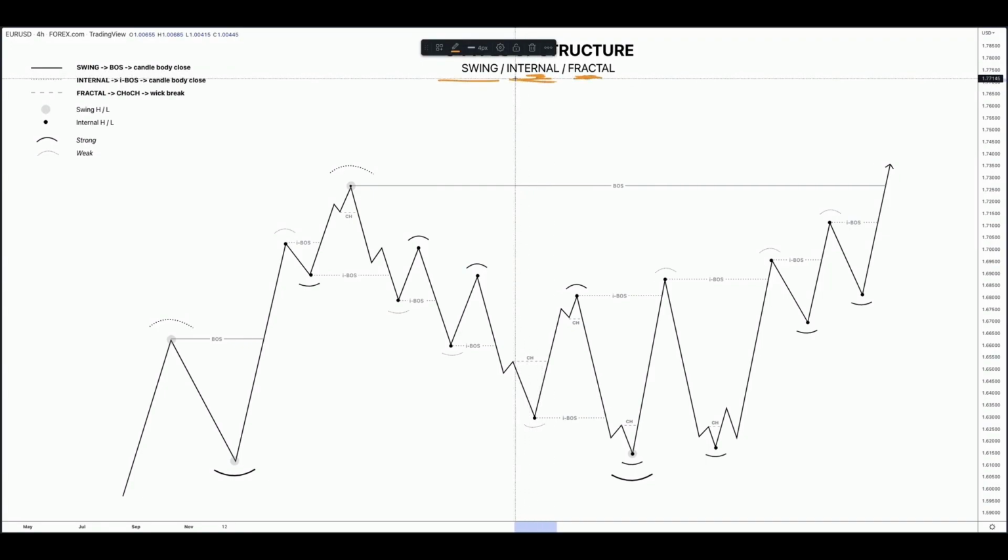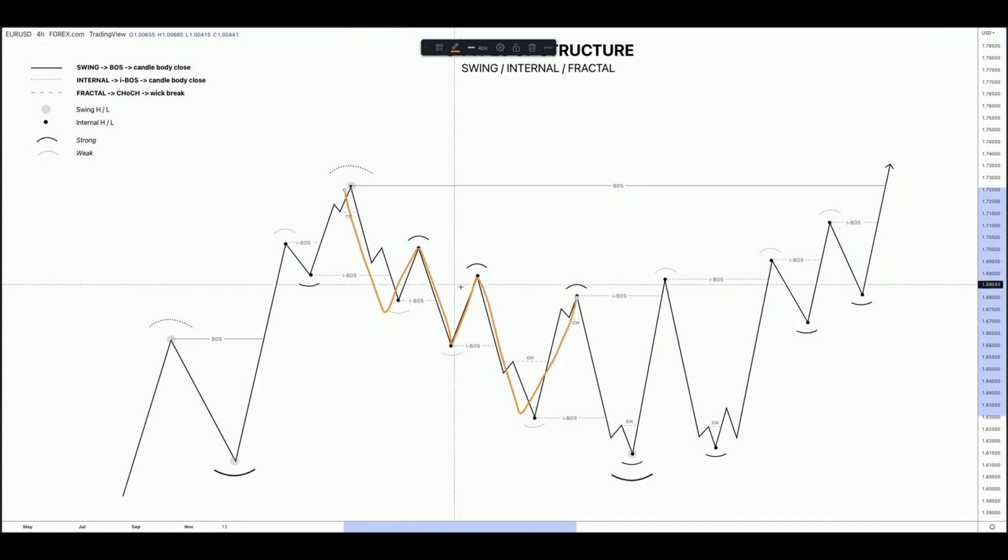Once we get the internal structure changing trends, we get an IBOS, that signals the swing pullback. So you see how it feeds itself in that direction, right? Fractal has to turn first, then the internal will turn, and then that will signal what the swing's doing, okay? But swing structure is king. So why is that important? Well, at this moment, when you have, yes, the internal trend bearish, yes, we can keep trading this short, but